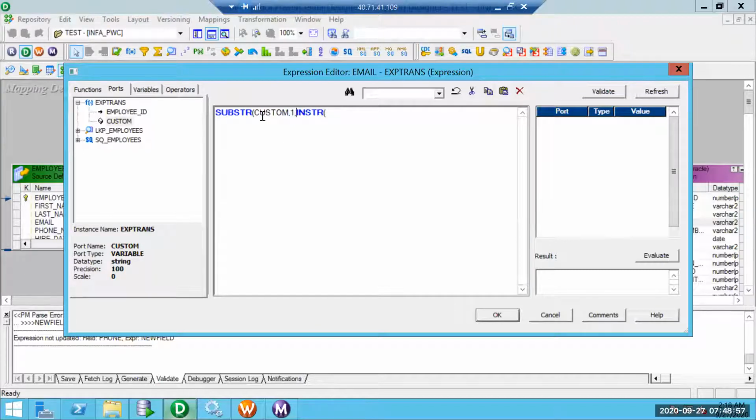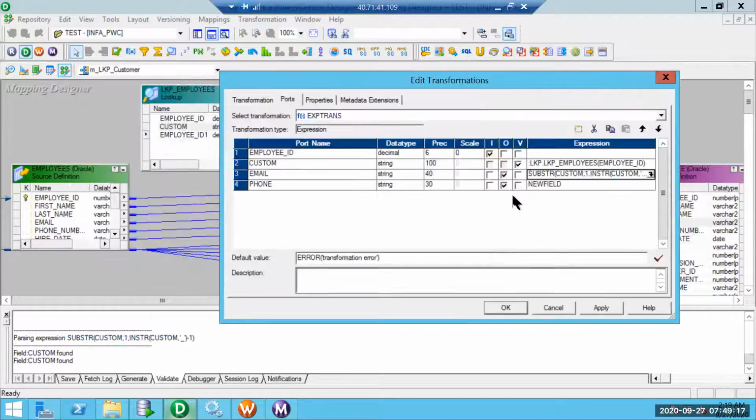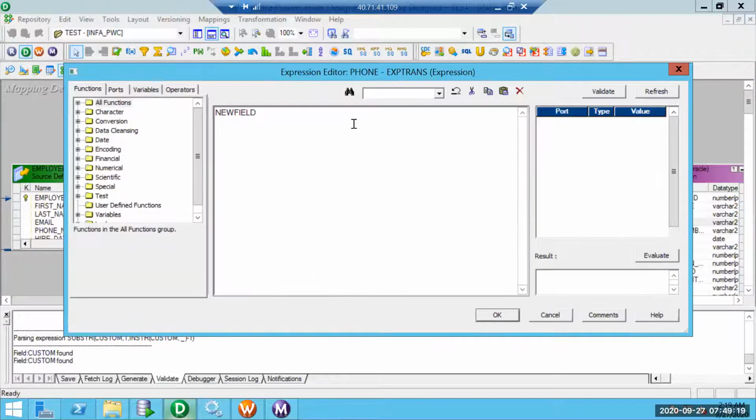So from the custom column, from 1 to the position where we find underscore. Till that position, we are populating the email data. The same thing in reverse: we retrieve the data from the position underscore plus one.